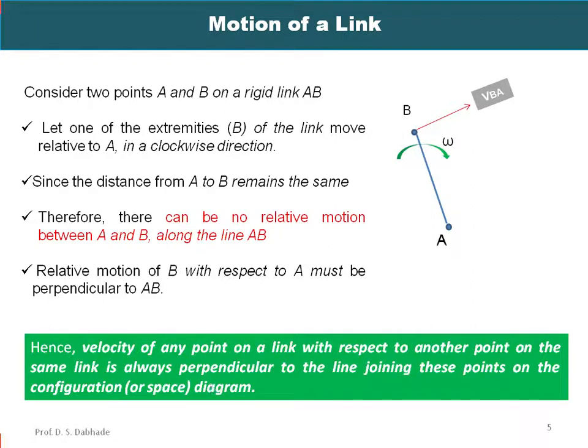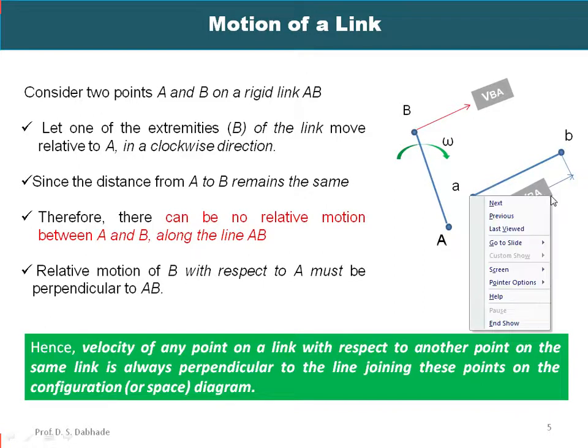Okay. So now we can show it in terms of the vector. So we have got the position. The length of the vector we can calculate by analytical equation, and the position. So here we can represent it by means of a vector. So this is the vector AB, which is perpendicular to the link AB, and it represents the velocity of B with respect to A. The velocity of B with respect to A.